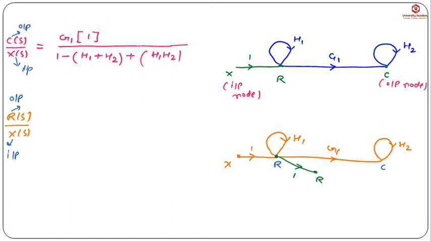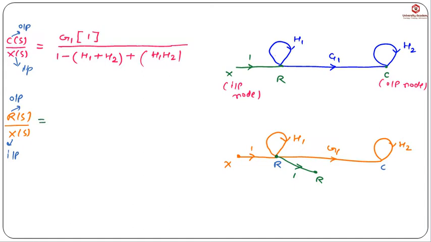So we can extend an output with the unity gain, but we cannot do it for an input, because the input represents an independent or external variable, so we cannot extend it. But the output is a variable of the system, so we can extend it with the unity gain. Okay, so now r of s will become an output node and this x of s is already an input node because it has only the outgoing branches.